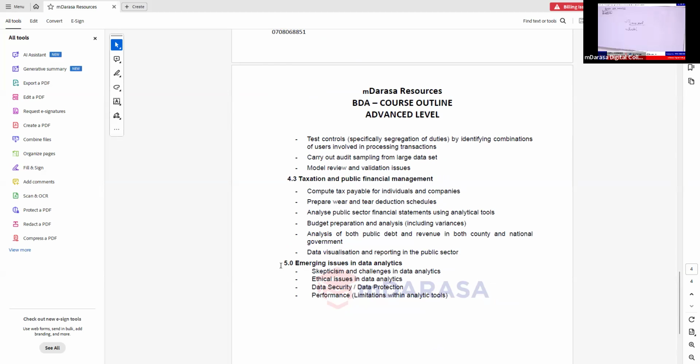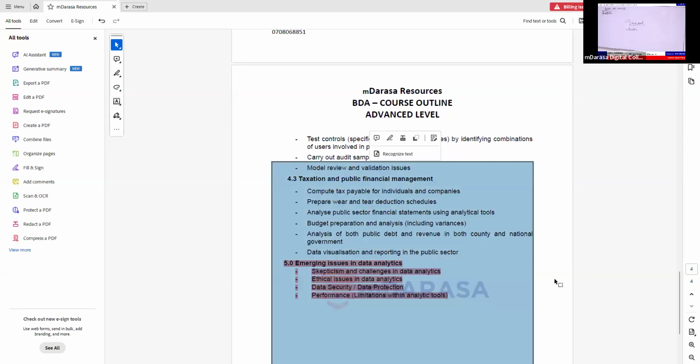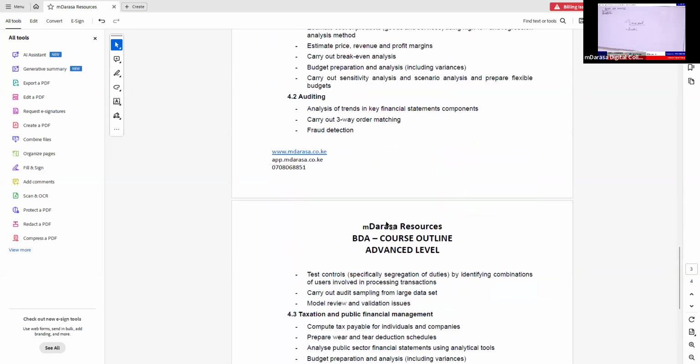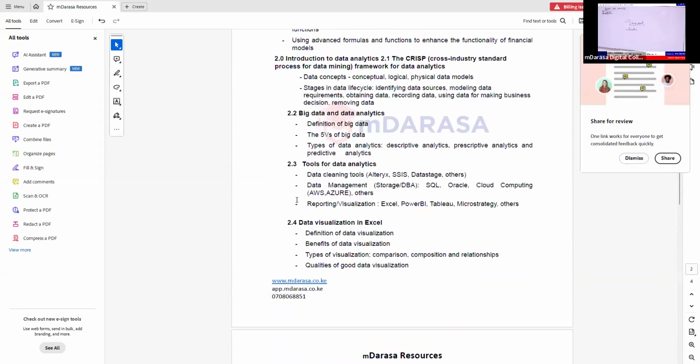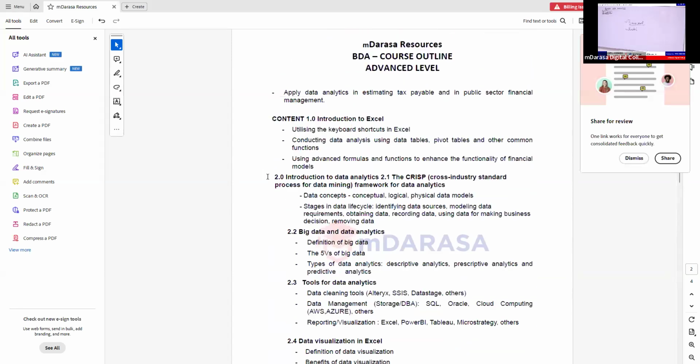Now, again, you'll find that this is another area for theory. This is another area that will be expected to have the theory part. We've said the other key area that we expect to have the theory part is this topic number 2. This is another area, of course, that will be expected to have the theory part.